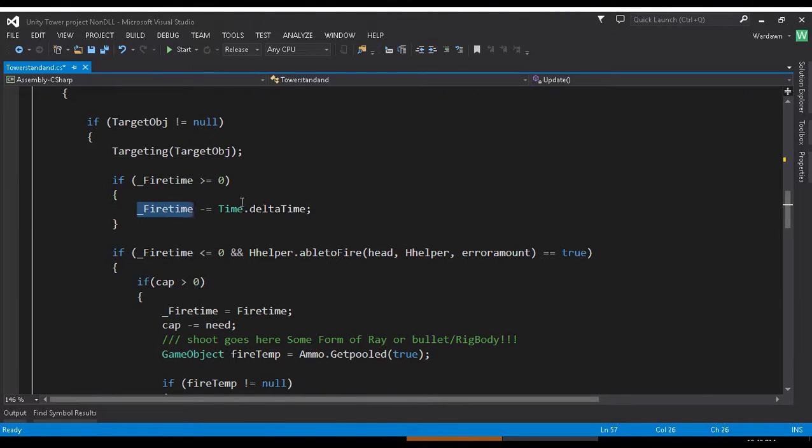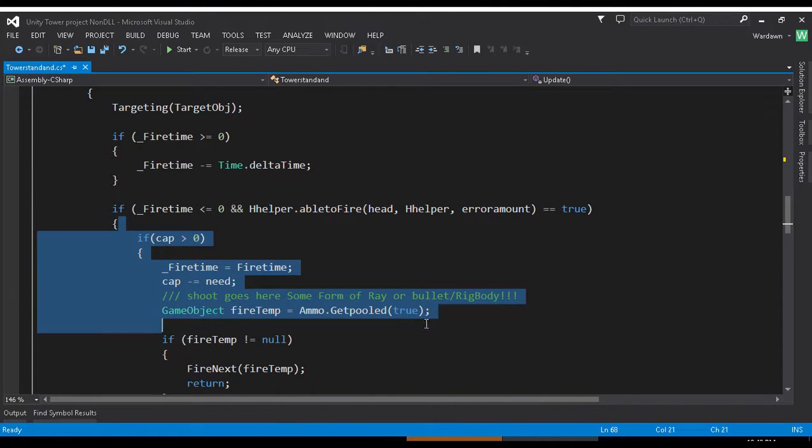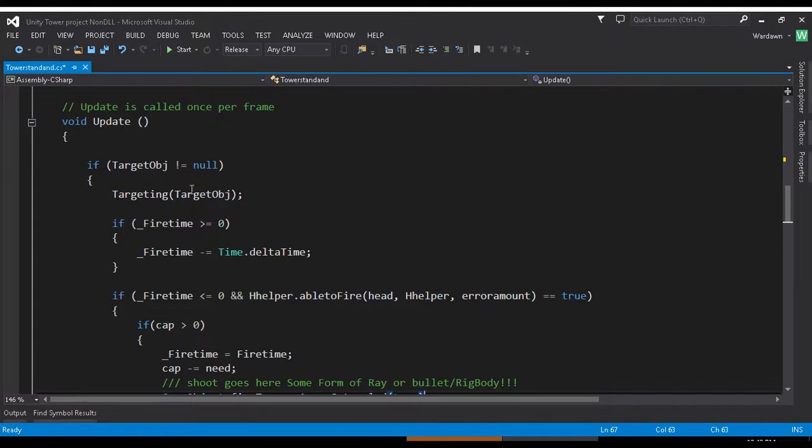decrease. We just decrease it based on time dot delta time. Okay. And then in our next line, we'll go if fire time, which is the underscored version, is less than or equal to 0, and head helper dot able to fire head, then the helper, then air amount equals true, then we execute this stuff. Okay. Now it's